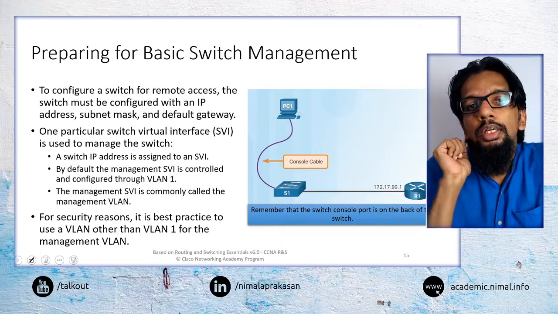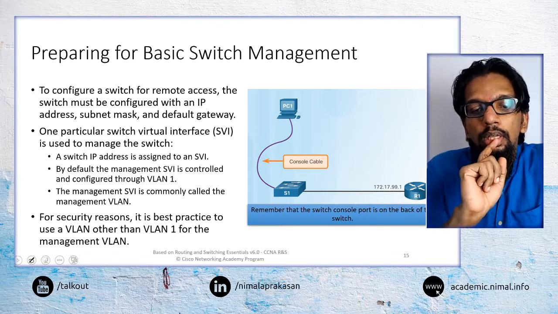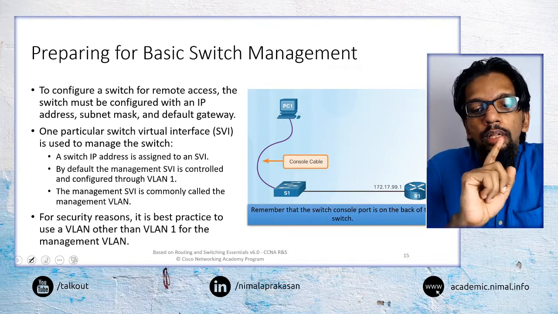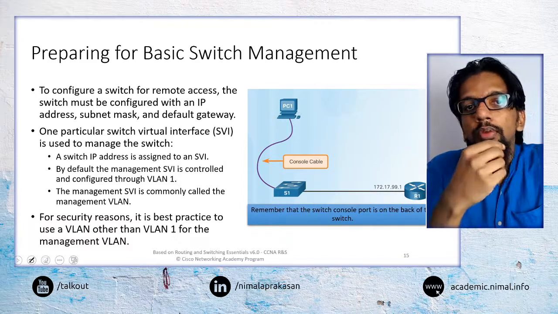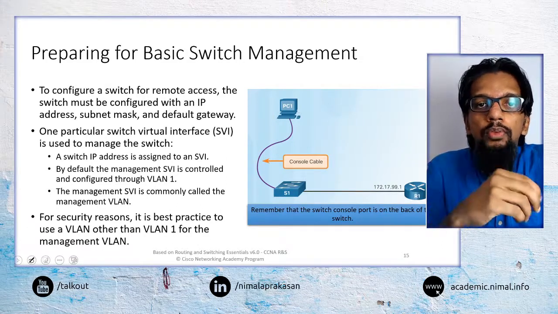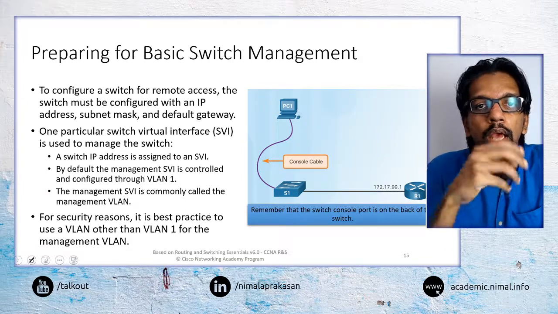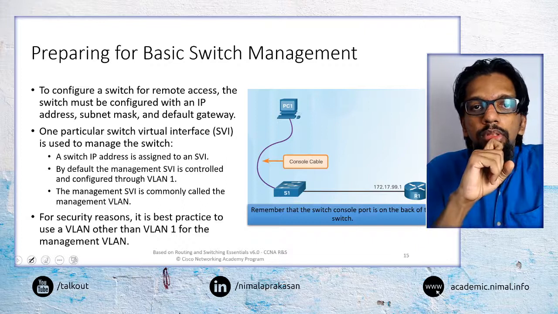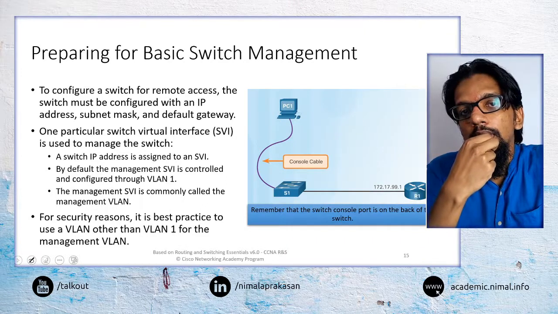So again, that is another scenario where we may want to do some level of configuration in these switches. One of the things that we have to remember about configuring switches is that there are two ways that we can configure them. Routers will always have a gateway address. We can directly connect to that gateway and configure. Normally that is the router's IP address. We can connect to that router's IP address and configure.